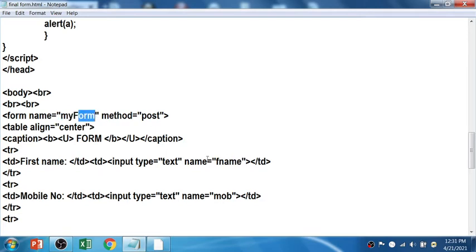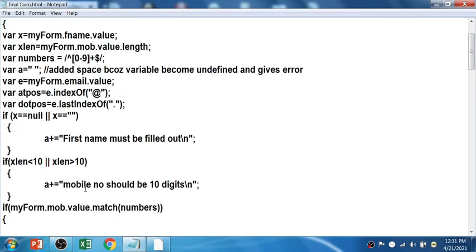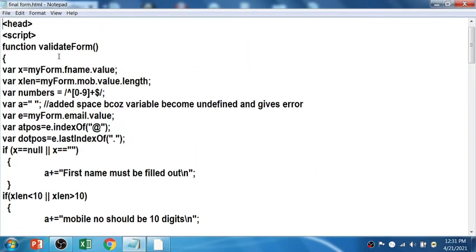So myform dot fname dot value, whatever value is stored in fname, that is stored into the x variable. Similarly, the xlen variable stores the value of length. The number variable holds the pattern 0 to 9. The a variable keeps the space, and e keeps the value of the email address.